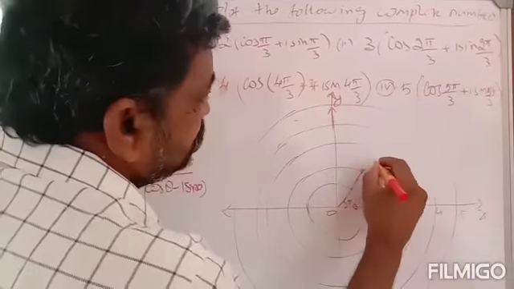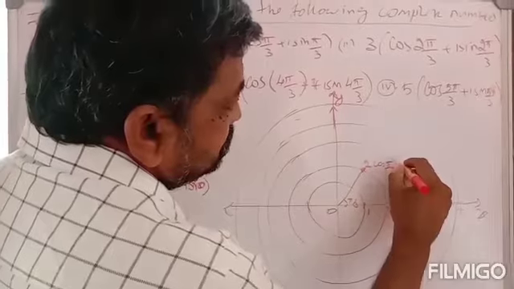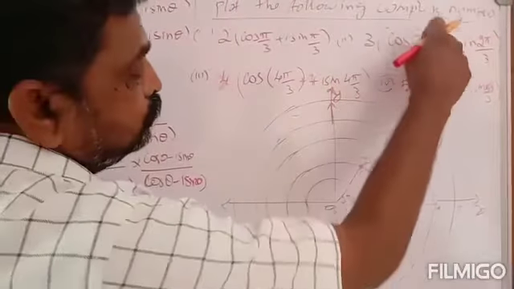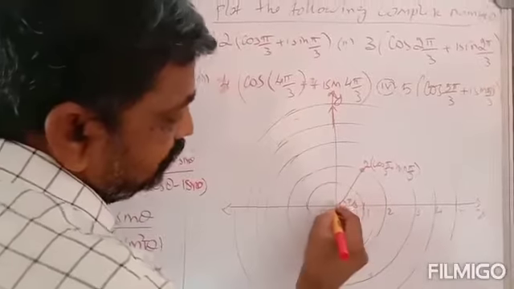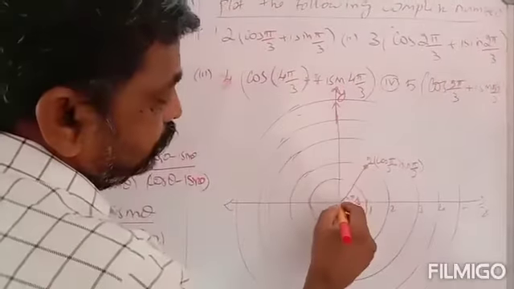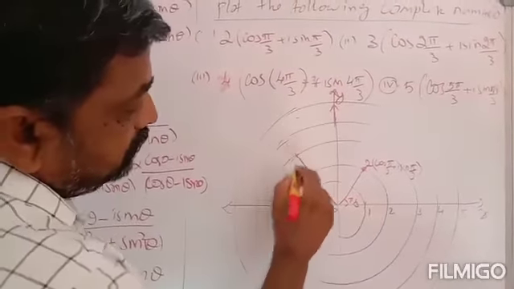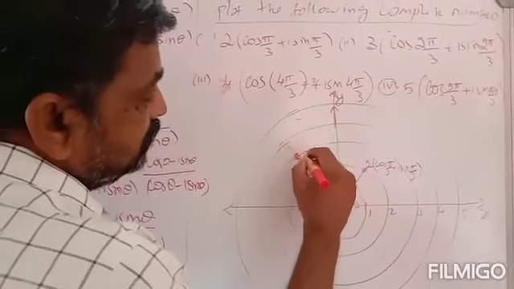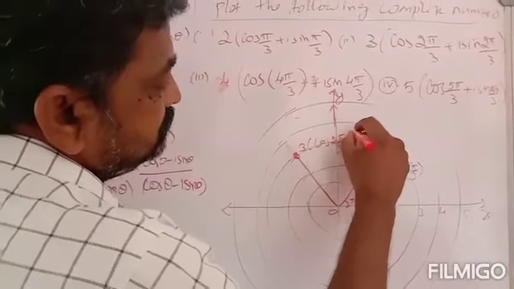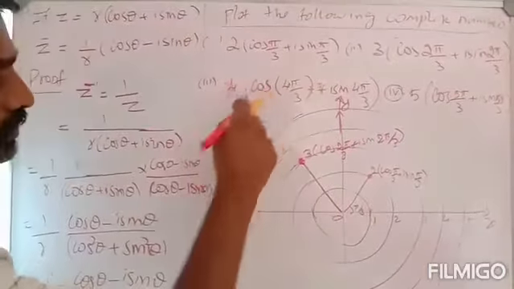If z is equal to r into (cos theta plus i sin theta), then z inverse, z power minus 1, equals 1 by r into (cos theta minus i sin theta). We know that 1 by z equals 1 by r into 1 by (cos theta plus i sin theta). The conjugate of cos theta plus i sin theta is cos theta minus i sin theta, so we multiply by cos theta minus i sin theta in numerator and denominator.